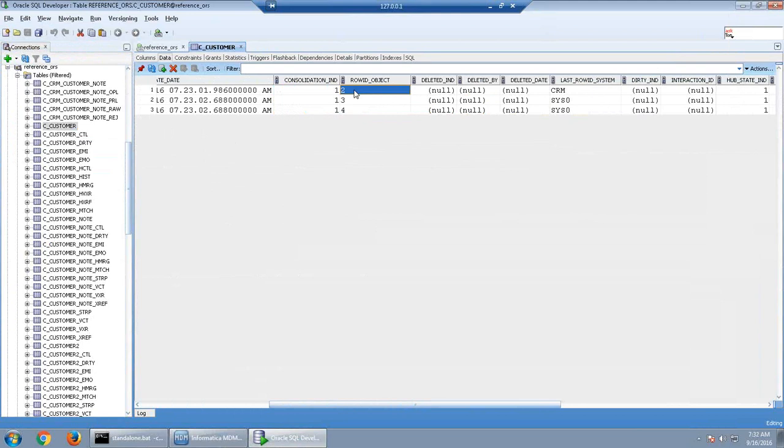But 2 will not get merged into the 5th record, which has a consolidation indicator value of 2. So that is the only advantage. If you have any record with consolidation indicator 1, that will always survive in your base object table.